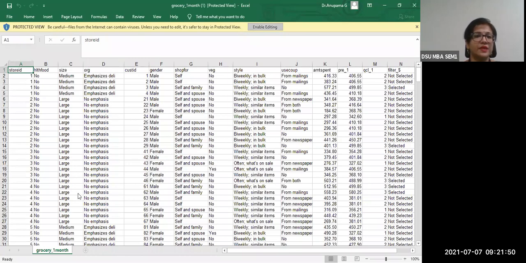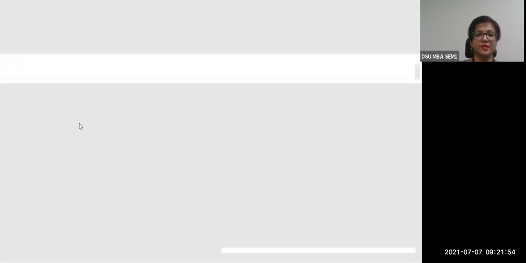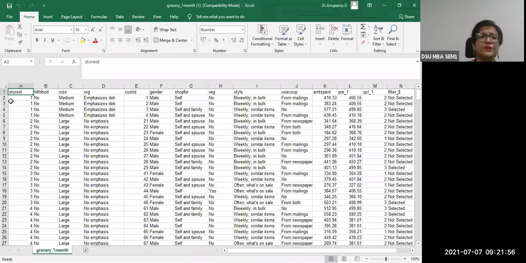All right, so now let us have a look at the raw data dump that it looks like. Then we come to the SPSS. So the raw data in Excel format will have certain rows and columns, right? So now answer my question. The answers need to come in the chat box, please.